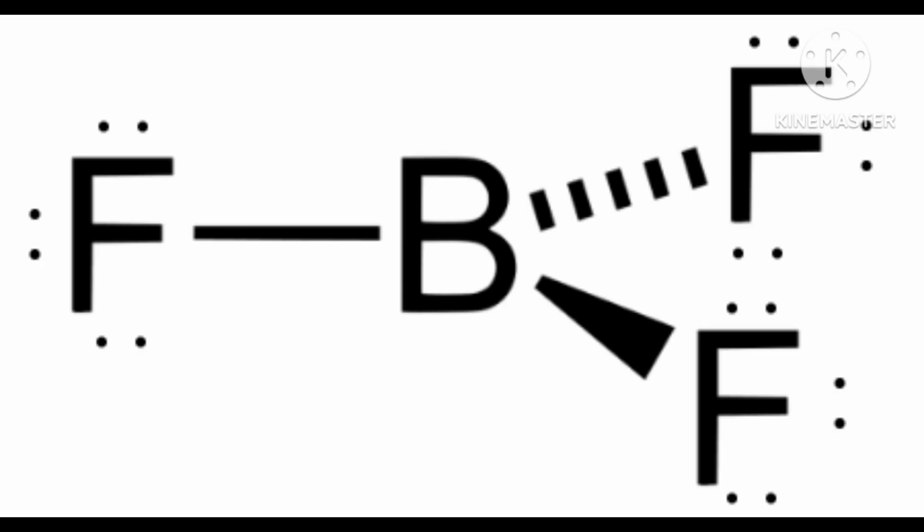H3BO3 is called orthoboric acid. In this reaction it will give 4H3BO3, orthoboric acid. There are 3-4 compounds which you should know with formula. Boric acid, orthoboric acid is H3BO3. Borax I already told you, boric acid also I told you. Orthoboric acid H3BO3. Then I told you that borax, when it reacts with water, it dissolves.